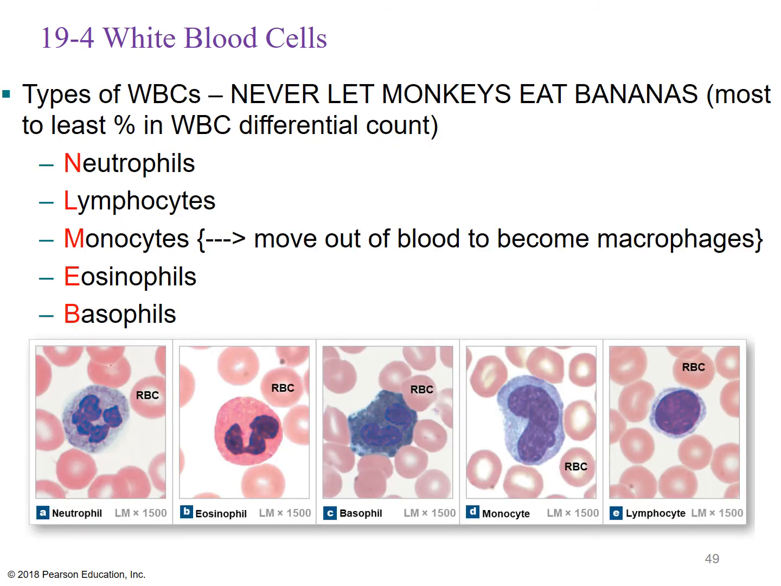For our differential count, for our different types of white blood cells, you have this mnemonic here that I still use to this day: never let monkeys eat bananas. That stands for the most to least percentage in the white blood cell diff count. So neutrophils is the never, lymphocytes is let, monocytes is monkeys, eosinophils is eat, and then basophils is bananas. So NLMEB, never let monkeys eat bananas, is a very quick way to look at labs whenever they come out,